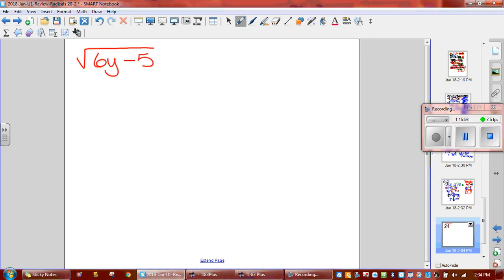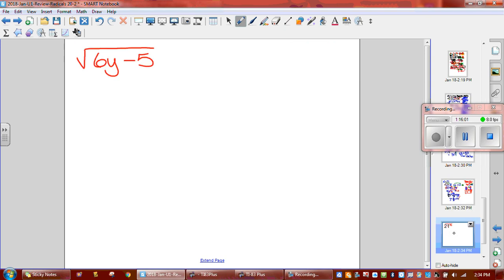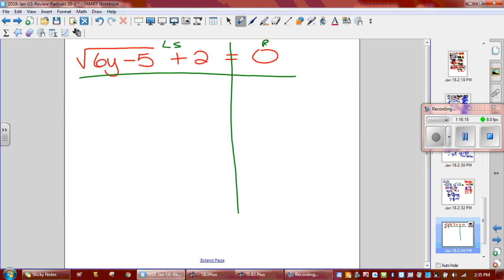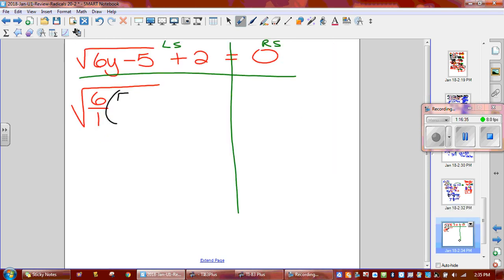So still under the root sign, y is a fraction, so I'm changing 6 to a fraction. 6 over 1, and we got y, which we get for y as an answer, 1.5. So 3 over 2. Subtracting 5, all under the root sign. Then plus 2. We want it all to equal 0. So we've got fractions, so we have to multiply tops, multiply bottoms. So we're going to get 18 over 2. 18 divided by 2